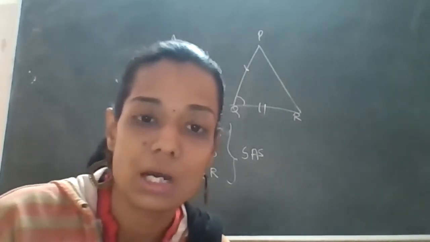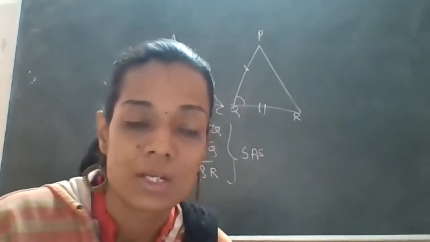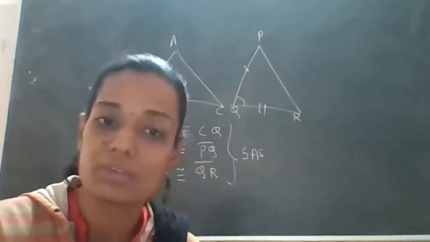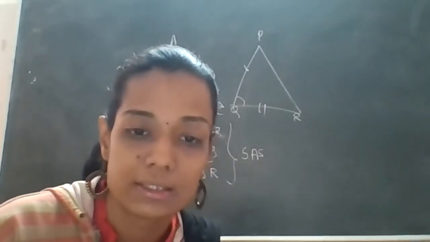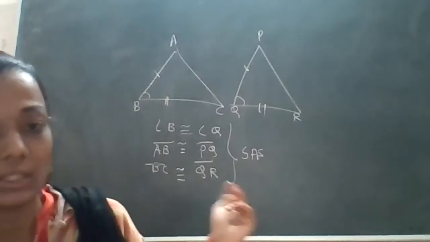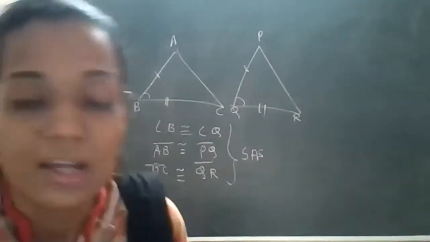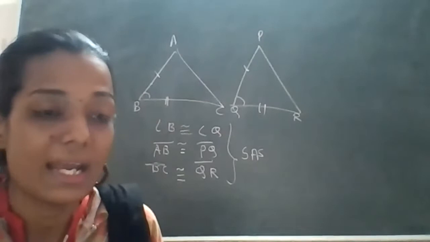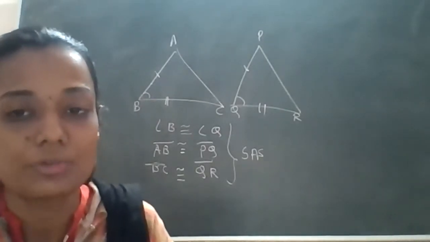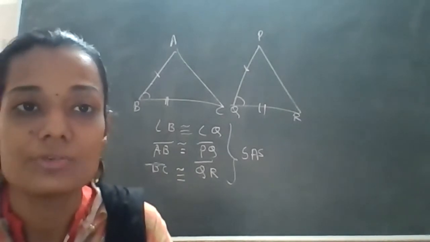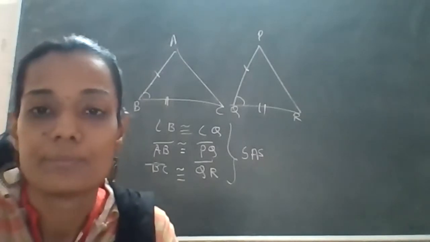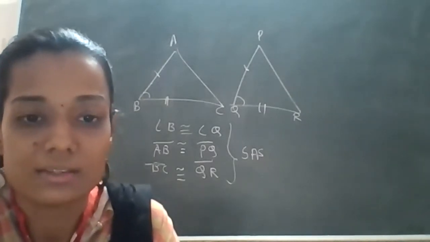Okay, so how could you represent these things now? Show me in your notebook. Draw two triangles where two angles and the side in between are equal. That you have to show me. The previous sum that you are not observing was the SAS criteria. Now I am talking about ASA, meaning two angles and one side should be congruent. You have to write that in your notebook, show it in your notebook, and then represent it on the screen.